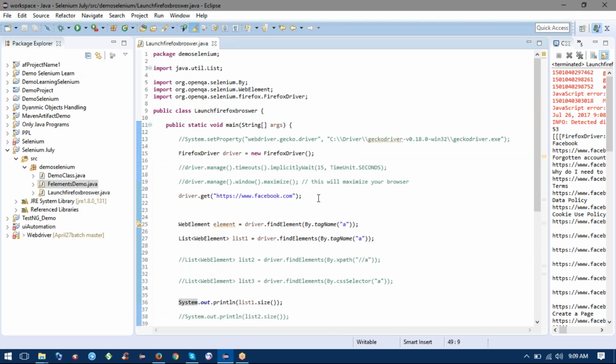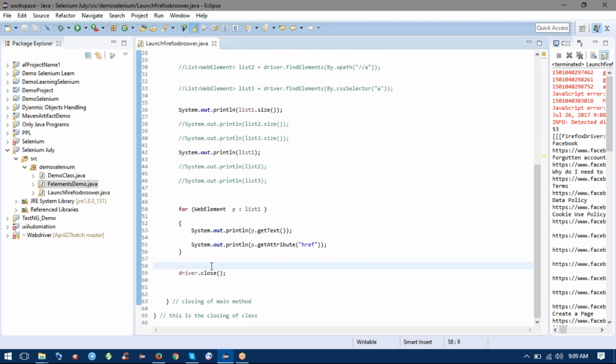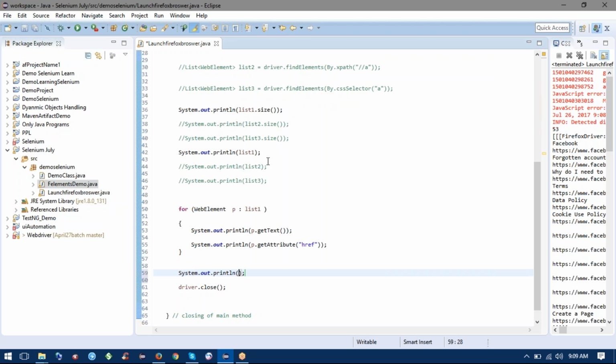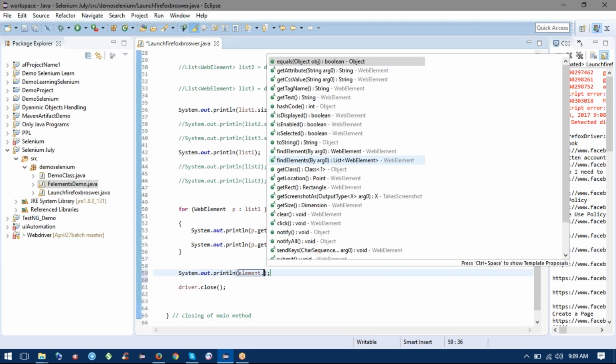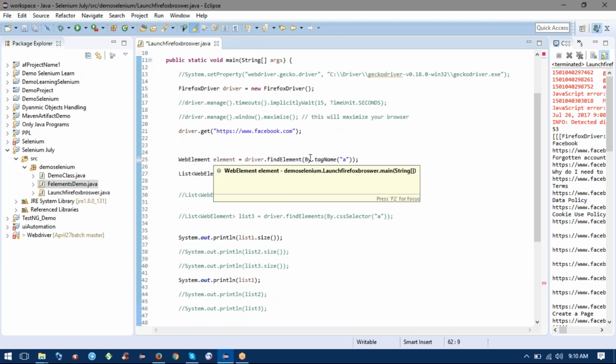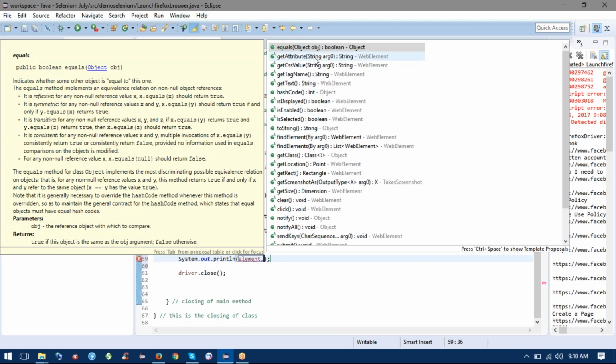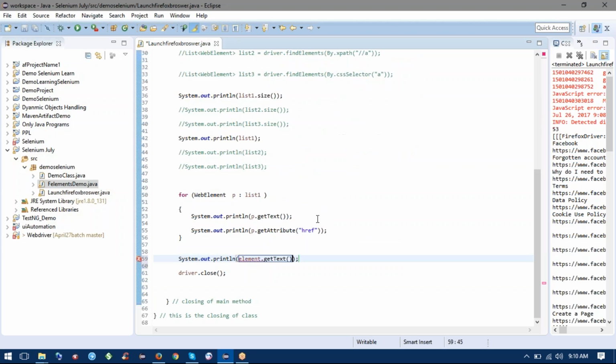And again, I have not used this. I will also explain this. This is the single element. So if you would also like to print a single element, I'm using a WebElement since it is a particular web element. So via element dot, you can see element over here. I'm taking this that I found with find element. Fine. So element dot, all the methods of WebElement would be present. So if you want to print getText, you can print it,